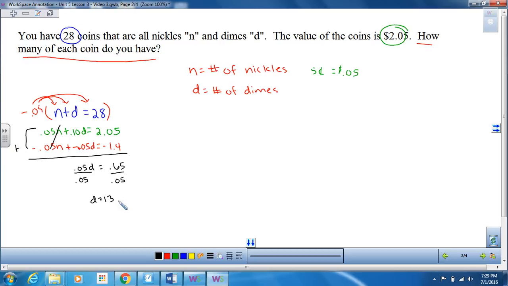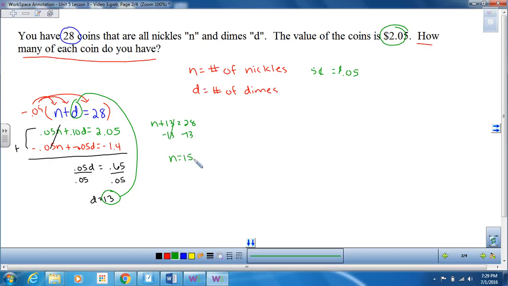Okay, so I shouldn't get decimals because you can't have part of a dime or part of a nickel. So you need to make sure that when you're solving these that your answers make sense. Okay, well I have a total of 28 and 13 of them are dimes. So that means that there are 15 left to be nickels. But I'll go ahead and plug that in so we can see that. So n plus 13 equals 28. Subtract 13,